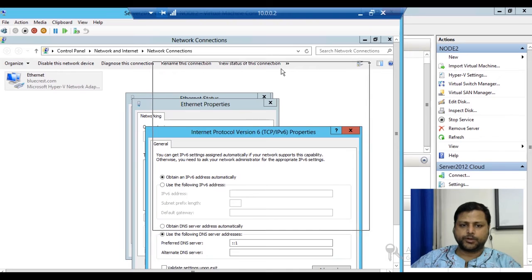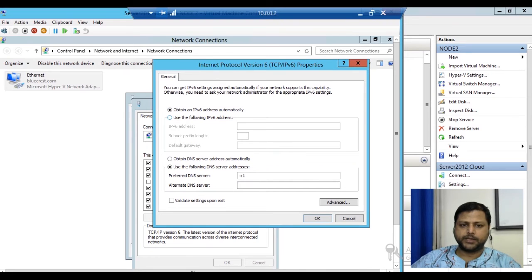When we come to the properties, over here we will provide the IP address, because we know that there are two methodologies where we can provide the IP address: dynamic IP address and static IP address. So we'll configure the static IP address now. Just now we have also verified the dynamic IP address which is already provided to the system. So now we'll provide a static IP address.